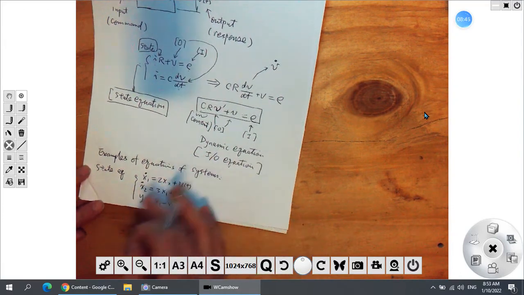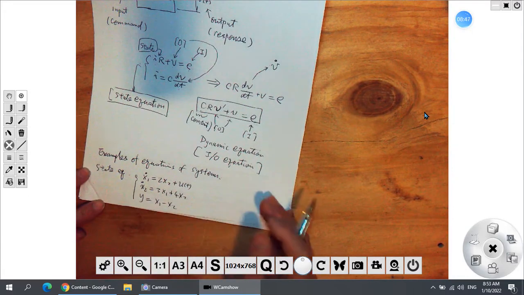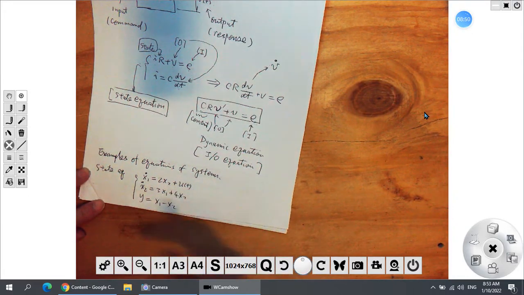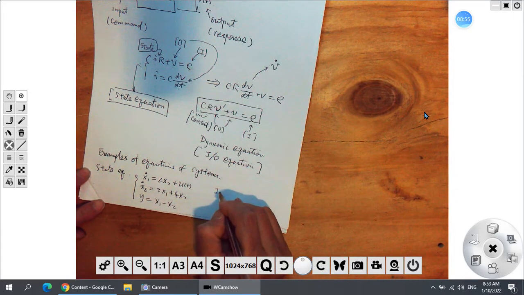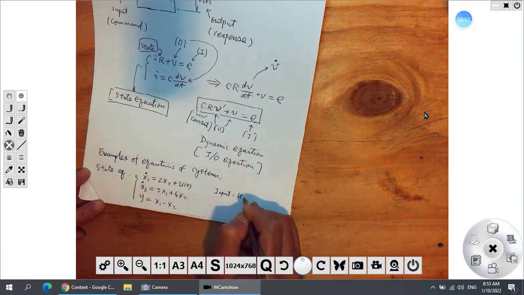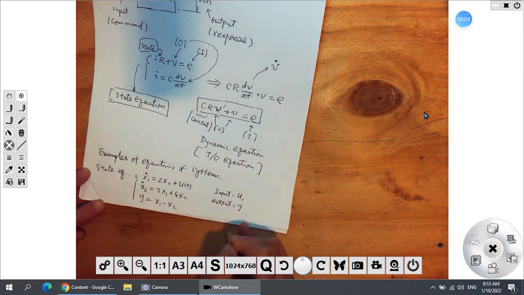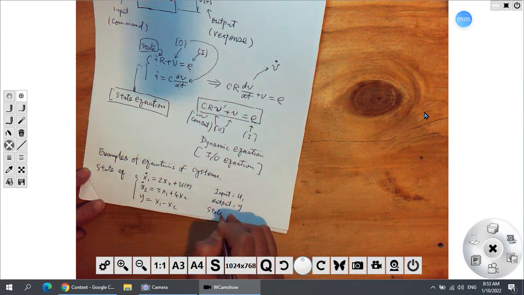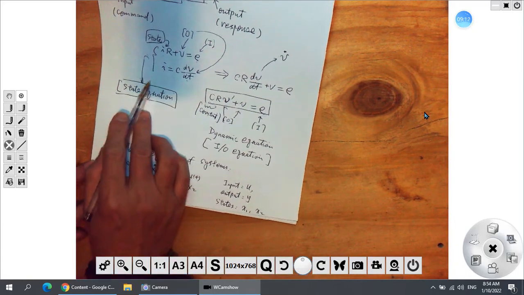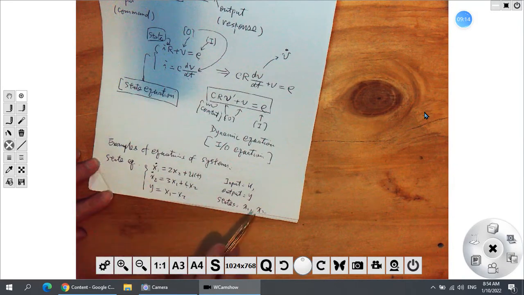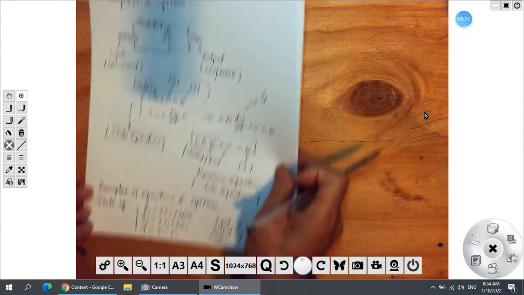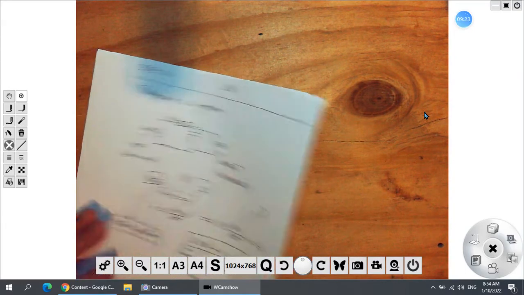So this equation is coming from some system, some mechanical system or some circuit. And here the input is u, the output is y, and the states are x1 and x2, but more complex than this. The earlier one had just one state. Now I have x1, x2, two states. Okay. You can have equations that look like this, or the I/O equation,